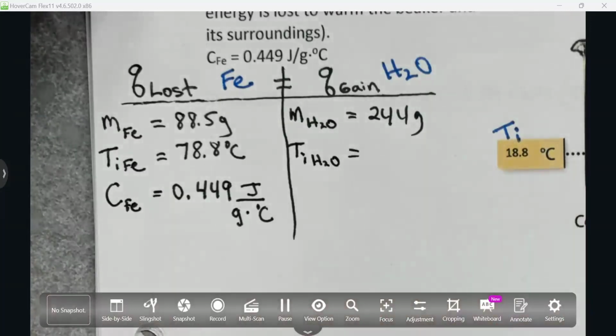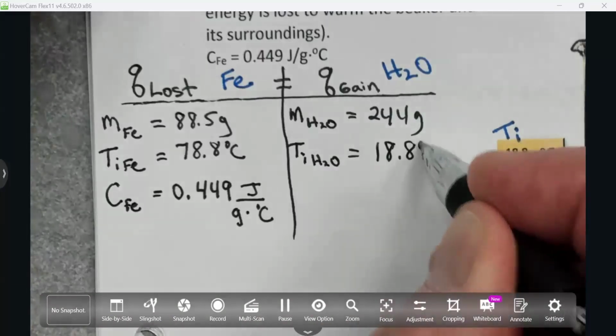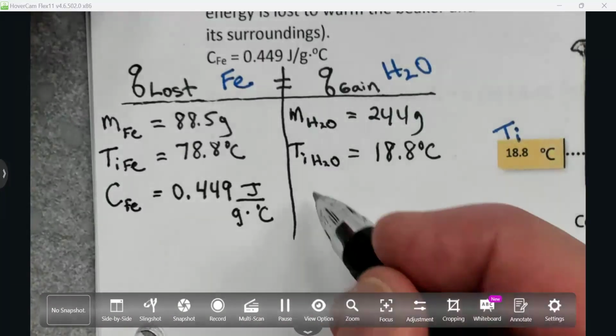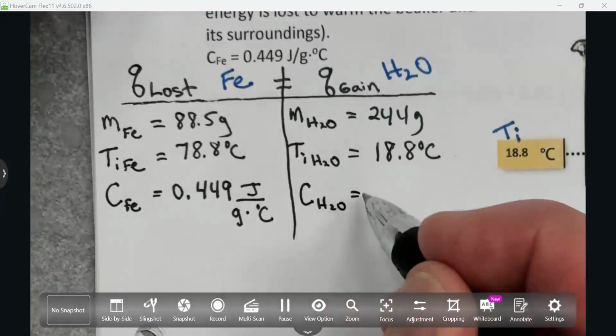And my water initial temperature is 18.8. And my specific heat of water